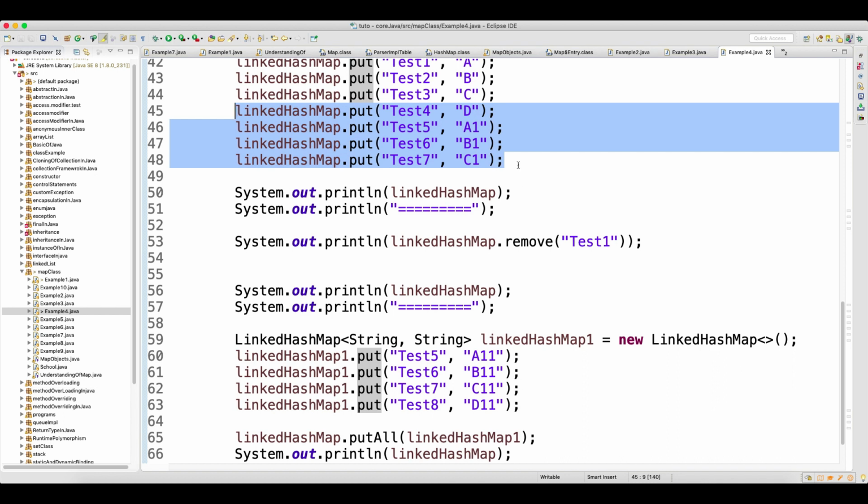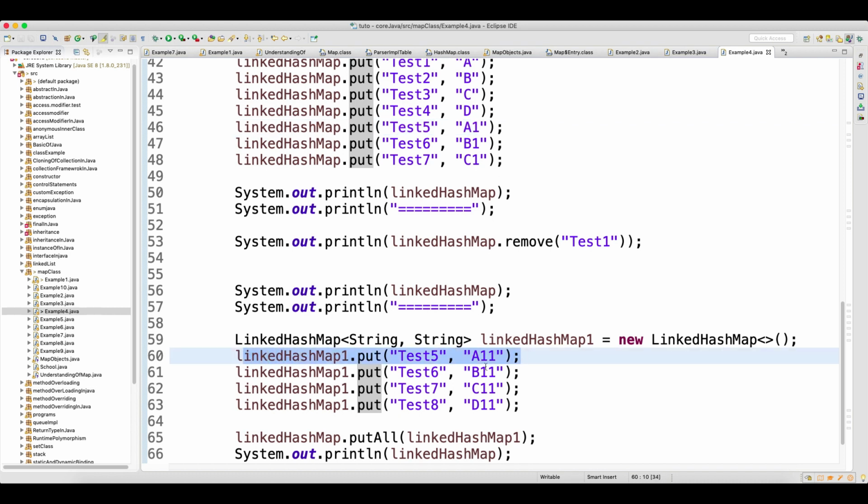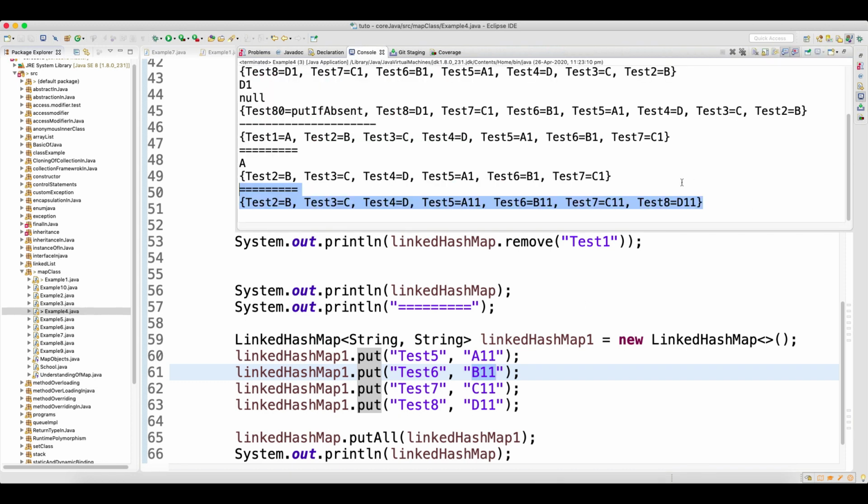It will not keep one record for this key with value A1 and another with value A11. It will just go and refresh. I have shown you the logic also: it checks the hash code, if the hash code is the same, then it checks the object, and if the object is also the same, then it will go and replace it.